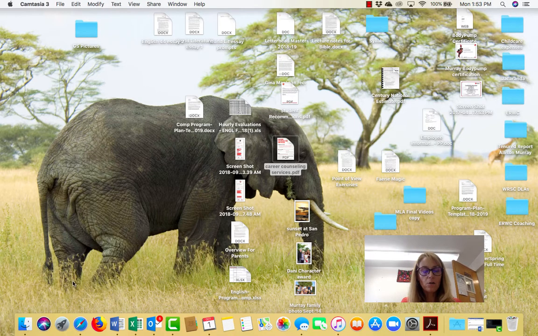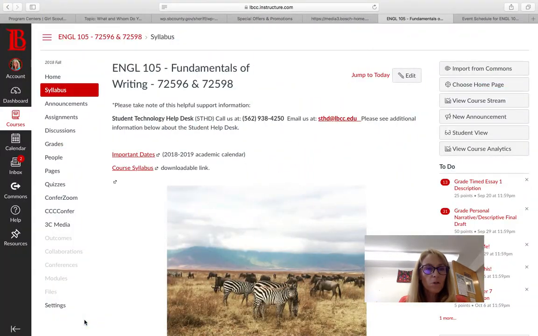I want to show you how to open up Confer Zoom. First you want to go to your Canvas class, and if you've already downloaded it, then it'll appear over here on your menu. If you haven't downloaded it yet, you can go to Settings,